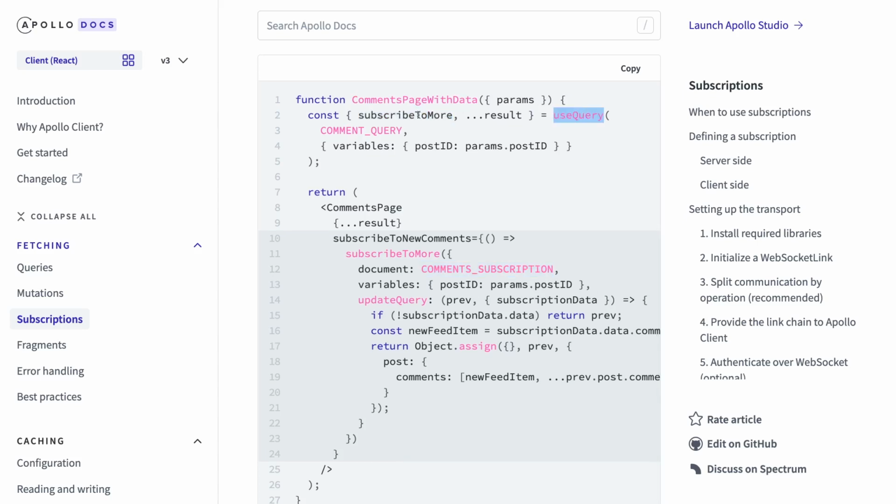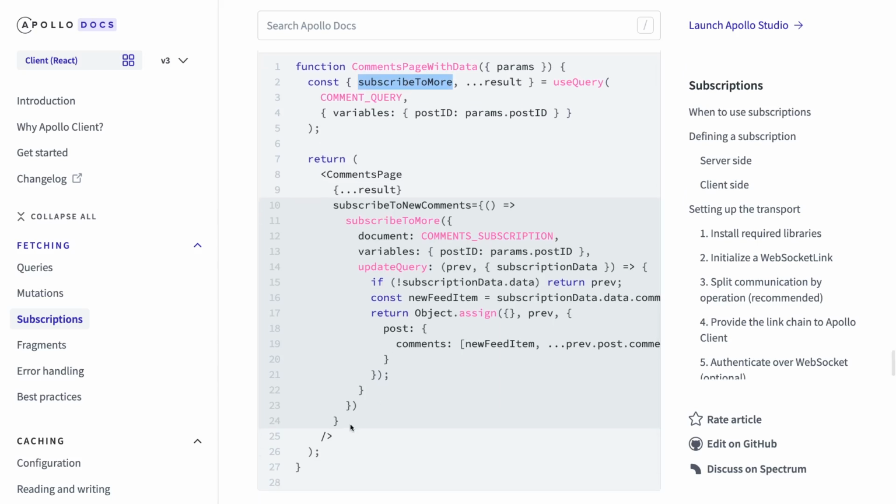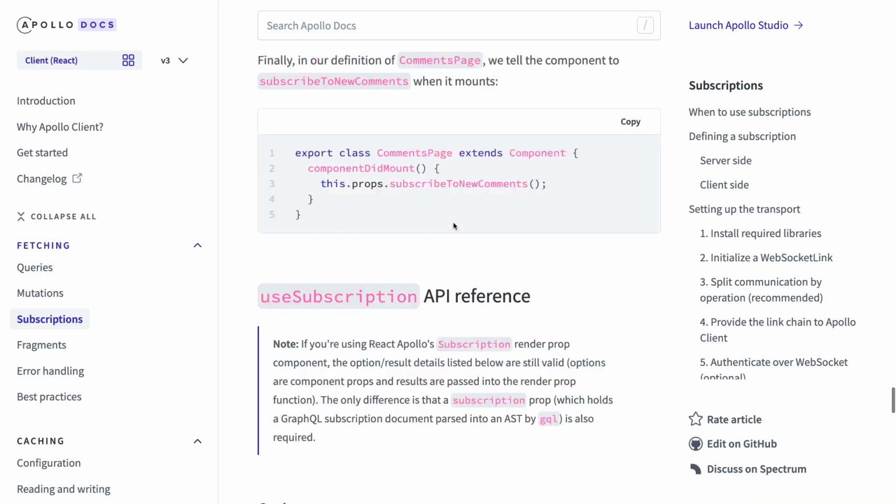In the useQuery hook, subscribeToMore will be listening to all the updates coming for this particular query, because the query hasn't changed but the data for this query has changed. The query fetches the list of the posts. Initially there were 10 posts I'm able to fetch. Now the 11th post has been created by a user, and that mutation is throwing one event, that is a subscription, and we are already subscribing with subscribeToMore. Then we can automatically receive the 11th record of the post. Okay, this is interesting. I mean, I was using useSubscription, then I came to know okay, you can also do something like this, so we can implement it like this.